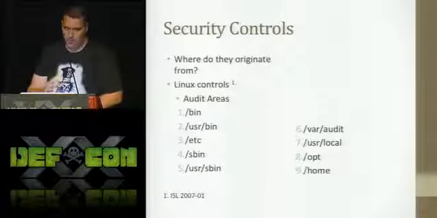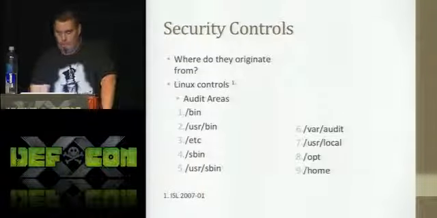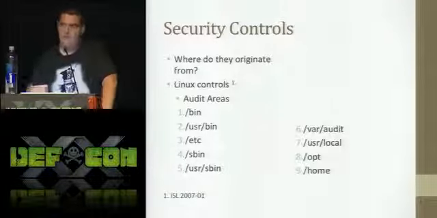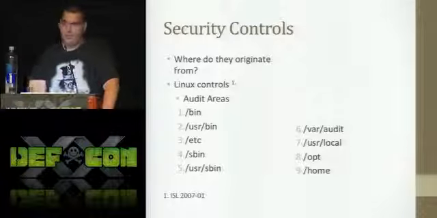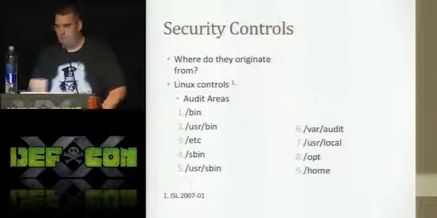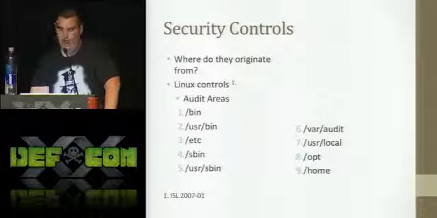So when I was talking about the NISPOM being the Bible document, that is very true. But as you see, the reference says ISL, and the agency can at any time issue an industrial security letter, and these clarify sections in the NISPOM. The NISPOM didn't address anything in Linux at all, so they came out with this ISL in 2007, saying we're going to make sure that we protect Linux appropriately. And here are the really important things you need to protect.